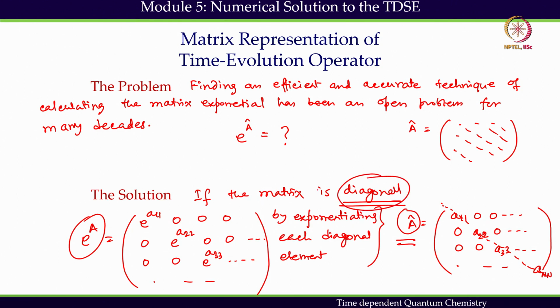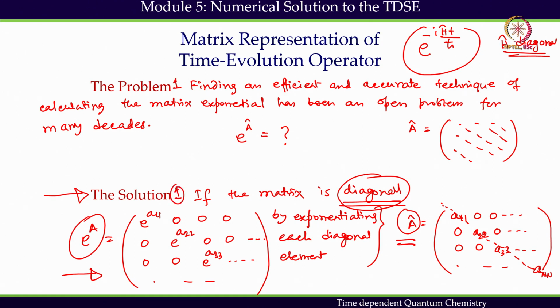So, what is our task? Our task could be, if we would like to use this trick, this simple solution, to get our unitary operator, the time evolution operator, which is the following. This is the time evolution operator, and we have to find out the matrix representation of this time evolution operator. What we need to do is convert this to a diagonal form. The moment we get that, we will be able to use this trick to get the time evolution operator. So, that is going to be our target, this is problem 1, solution 1,